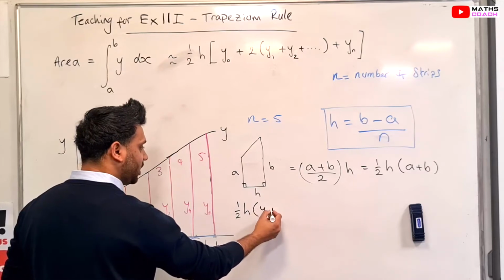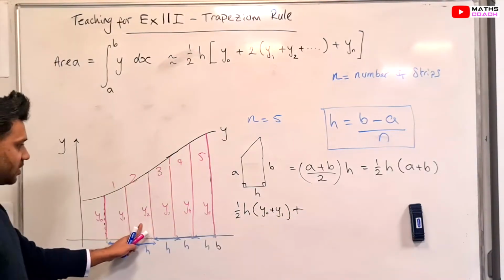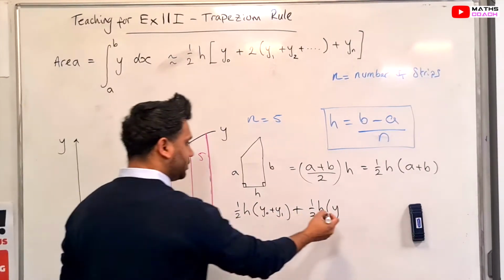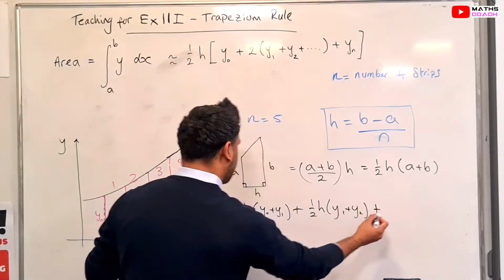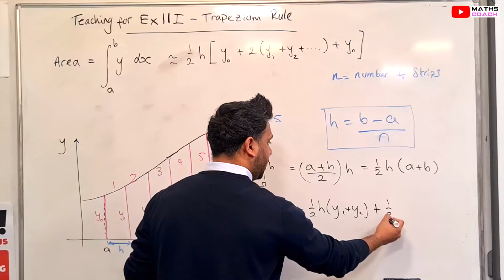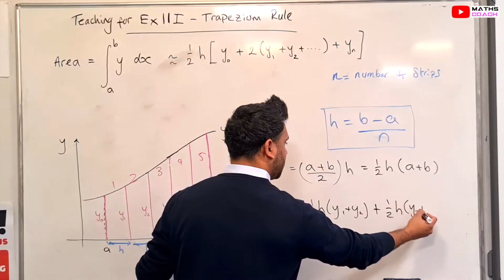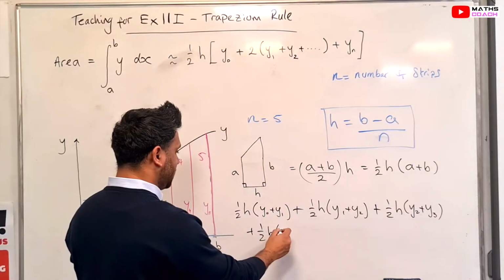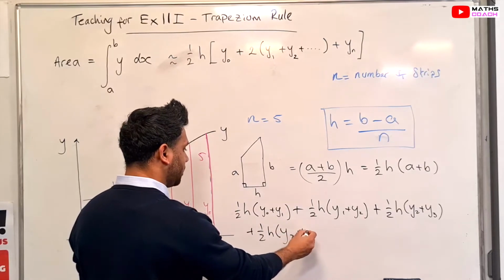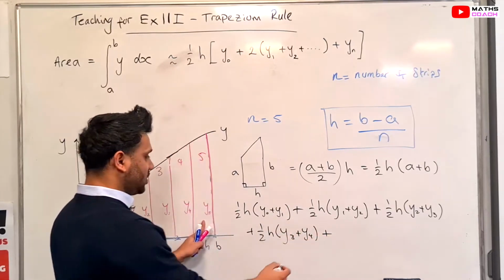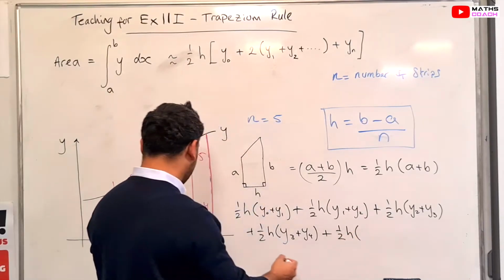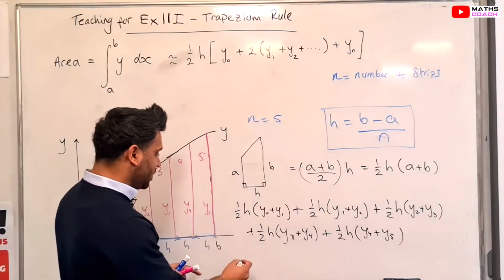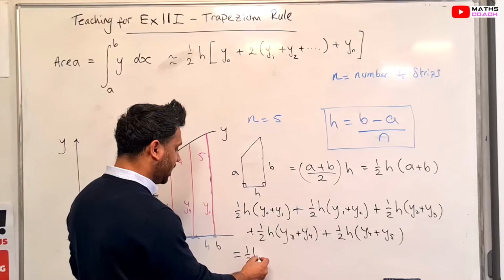So y0 plus y1. The second trapezium is a half h times y1 plus y2, plus the third trapezium would be a half h bracket y2 plus y3. And the fourth trapezium would be y3 plus y4, plus the fifth trapezium is a half h times y4 plus y5. And if you look at all those terms, if we factorize out the half h, we see that